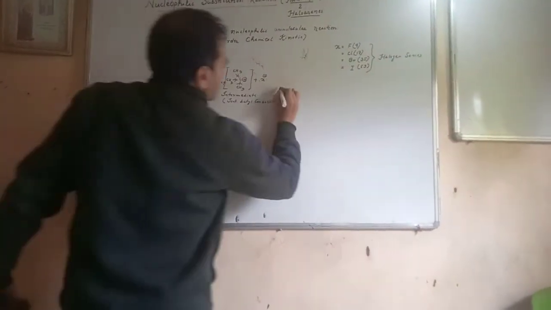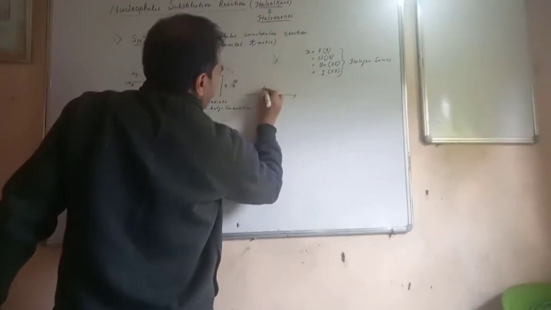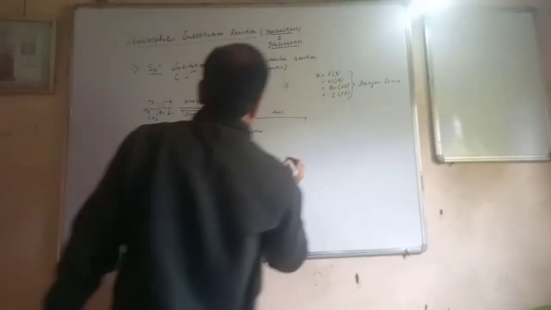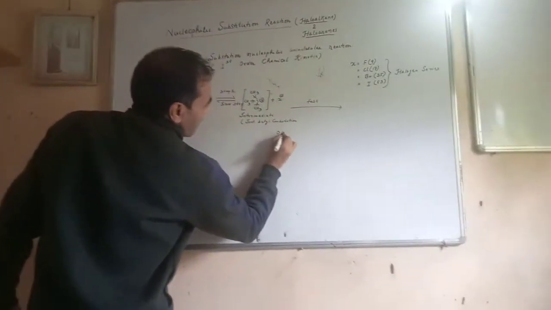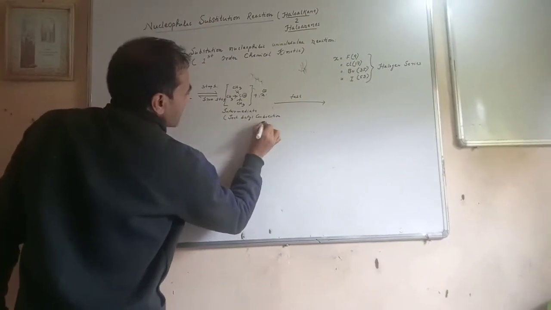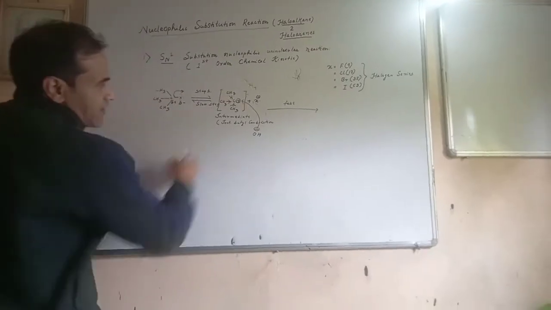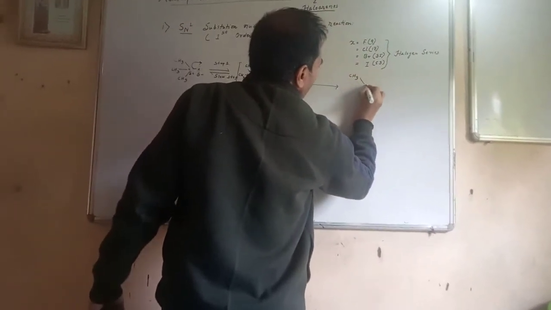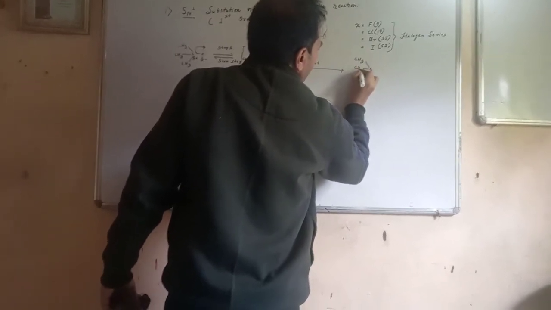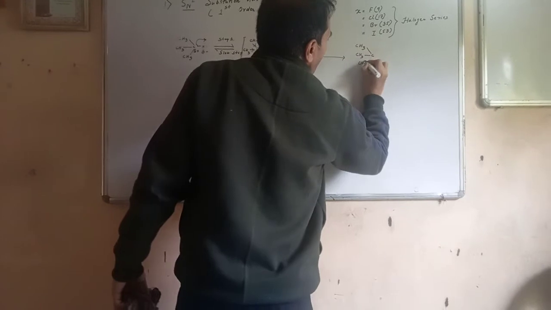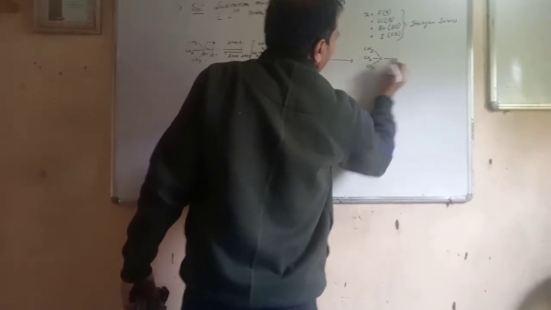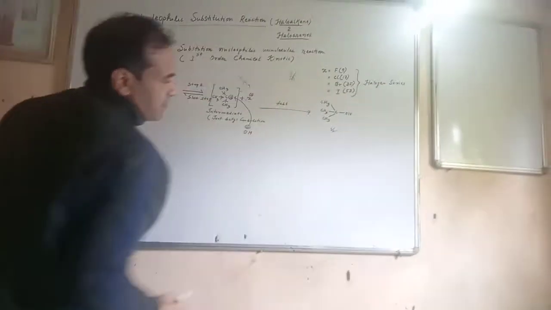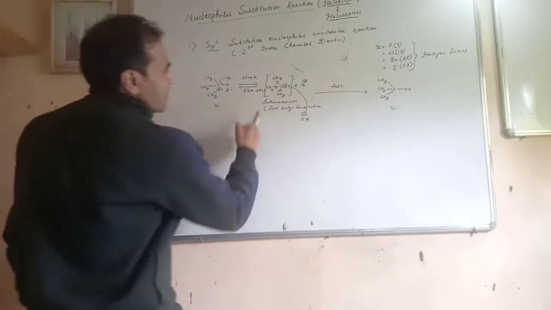So let's take the second step. The second step in the case of SN1 reaction is going to be very fast. Now what happens? Let's take a nucleophile, hydroxide. It attacks back to this carbocation electron-deficient center. So what you get here? CH3, CH3, this part. Now when you see this product and this reaction, it is a retention of configuration, and it is a two-step mechanism.